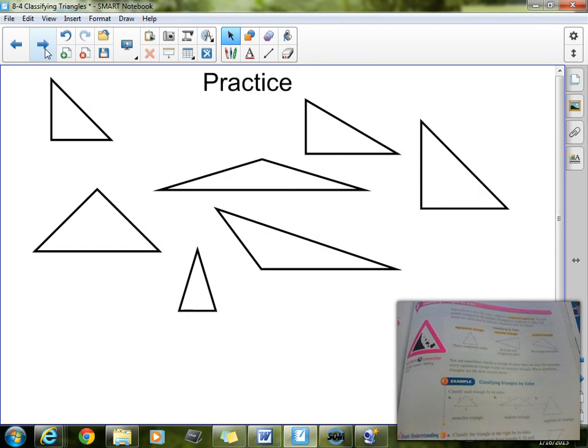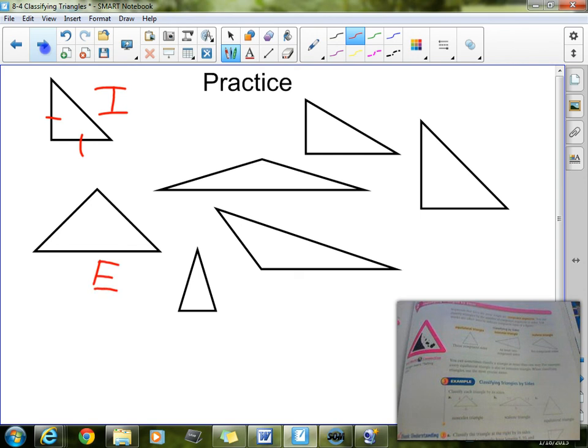Now let's go and practice. You'll see these are very, very similar to the other ones, to the other triangles. Now we see this triangle right here has same sides right there, so we'd call this an isosceles triangle. Now this one actually has all sides equal, even though it doesn't look like it. All sides are going to be equal, so this is going to be called an equilateral triangle because all sides